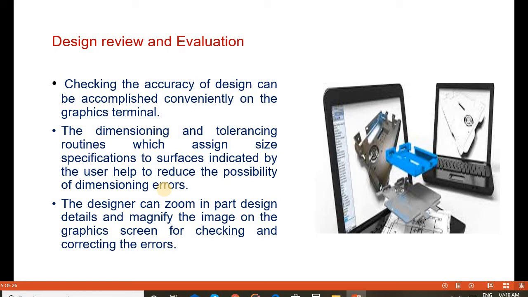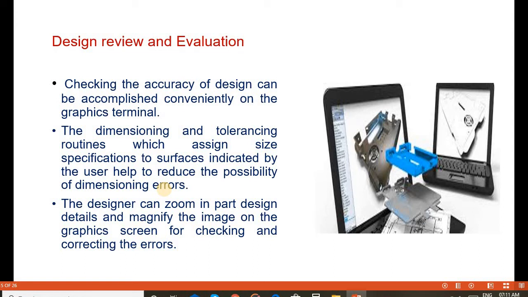The dimensioning and tolerancing parameters and specifications in the system are checked and reviewed step by step. Automatically, dimensioning errors are reduced and the accuracy is improved. A review of every step of the design is a must to reduce dimensioning errors.